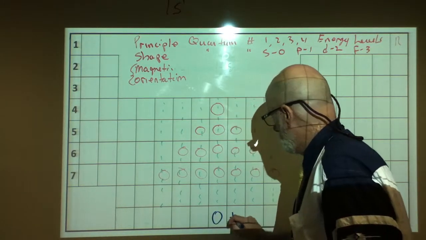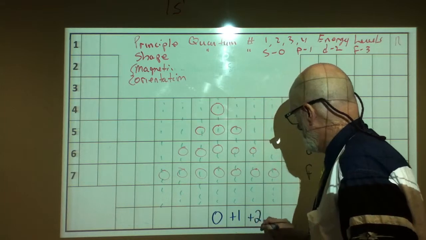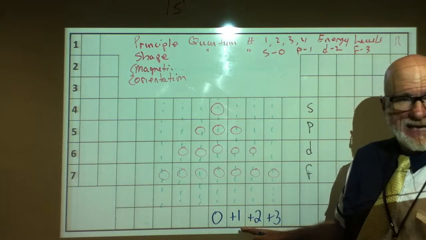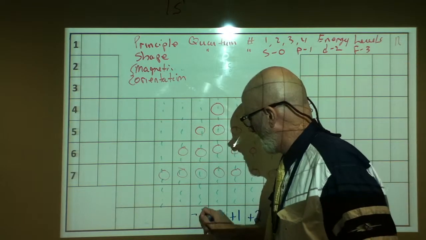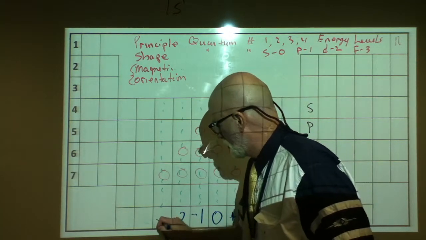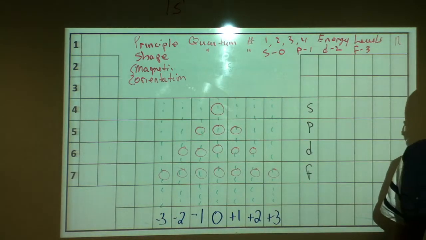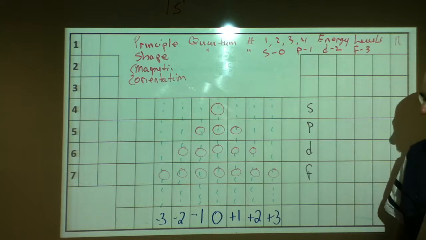Okay, so this is going to be 0, plus 1, plus 2, plus 3. See how I have the plus sign there? That's important. This will be minus 1, minus 2, minus 3. Is that okay? Now,